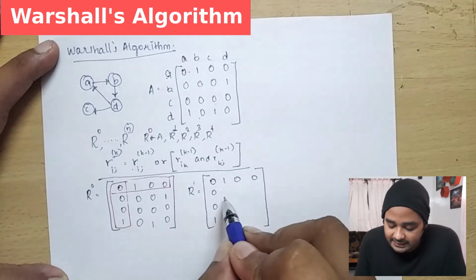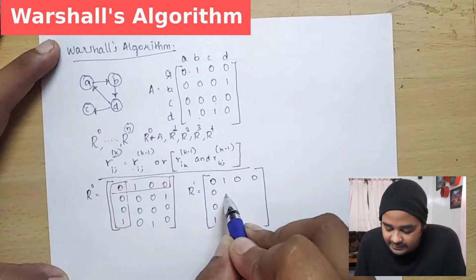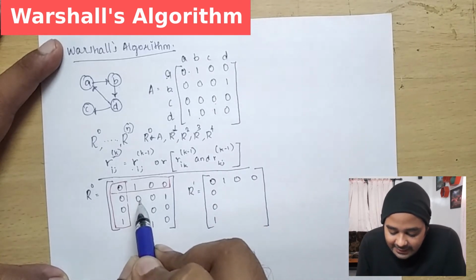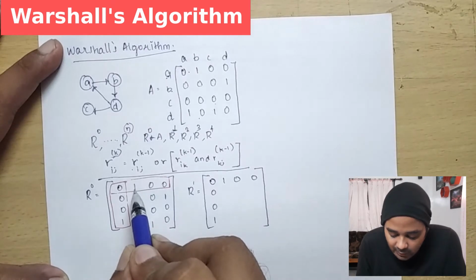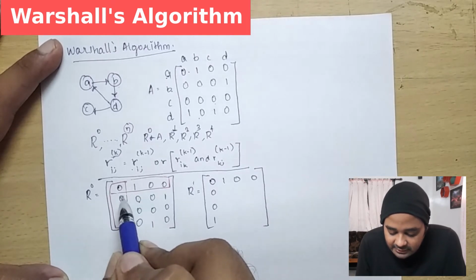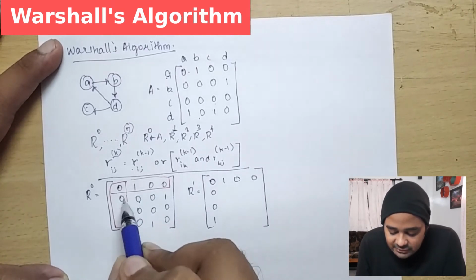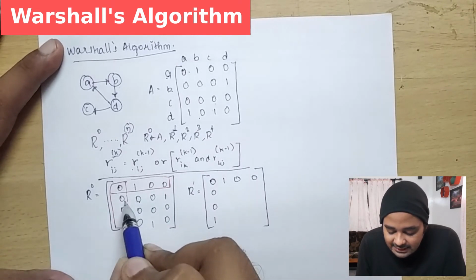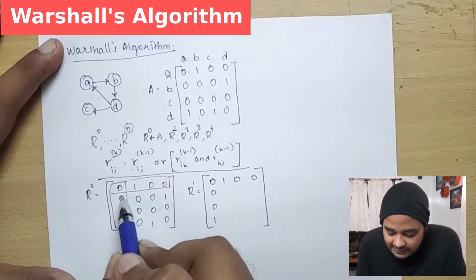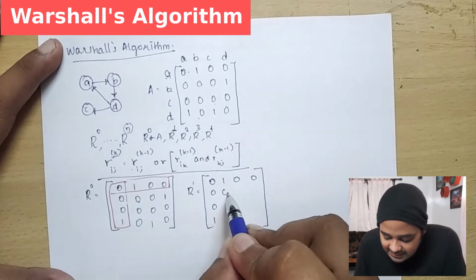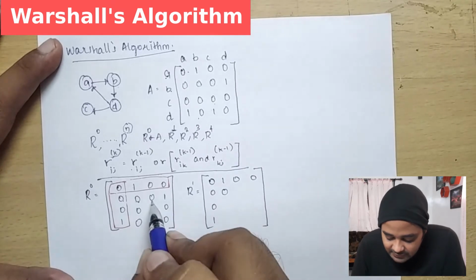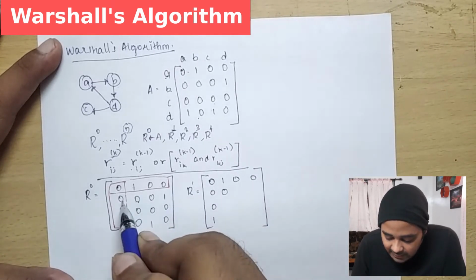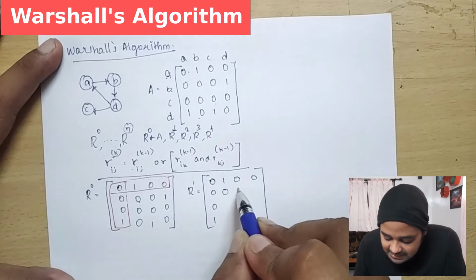Okay, so for the remaining values, we are just going to calculate, right? So for this value, I will be checking the highlighted row value, which is nothing but 1, and the highlighted column value, here it is 0. If both the values are 1, I'll change this 0 to 1. So here the condition is that one is 1 and the other one is 0. So I'm just going to place the previous value, which is nothing but 0 over here. So here our old value is 0, the highlighted row value is 0, and the highlighted column value is also 0. I'm just marking it as 0.